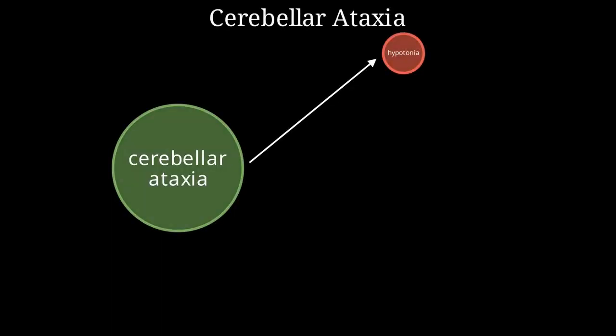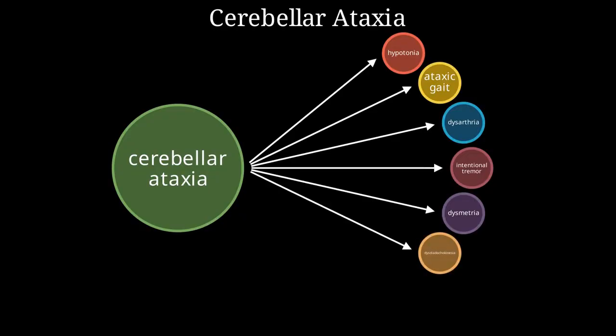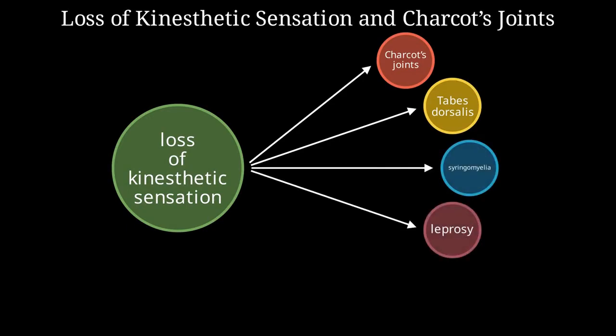Cerebellar lesions cause ataxia, leading to hypertonic muscles, swaying gait, loss of muscle teamwork, and symptoms like dysarthria, intentional tremor, dysmetria, dysdiadochokinesia, and nystagmus. Loss of kinesthetic sensation leads to neuropathic joints, also known as Charcot's joints. This condition is seen in diseases like tabes dorsalis, syringomyelia, leprosy, and diabetes mellitus, resulting in loss of joint position